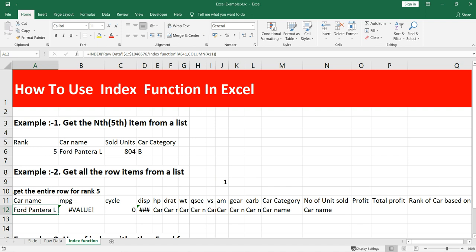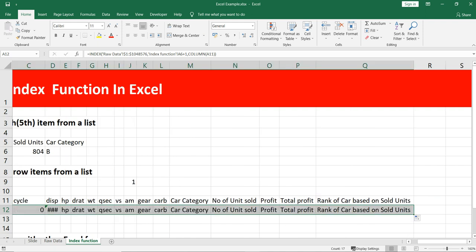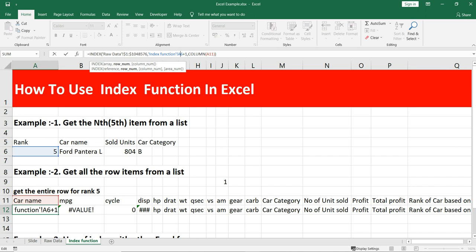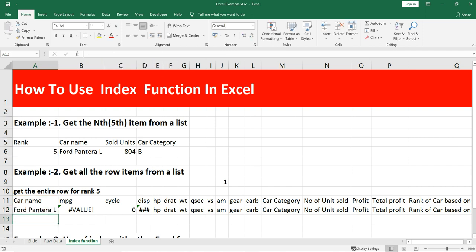Now we can simply drag this formula, and what we need to do is lock this cell because we need the row number to be the same. So we'll lock this cell. Now again we'll drag this formula.